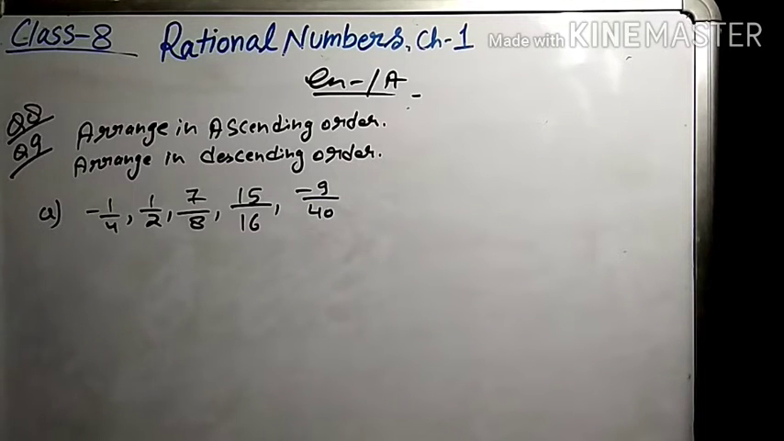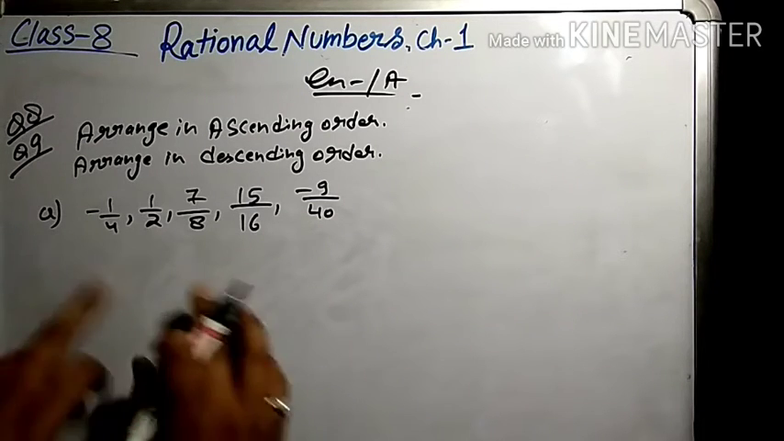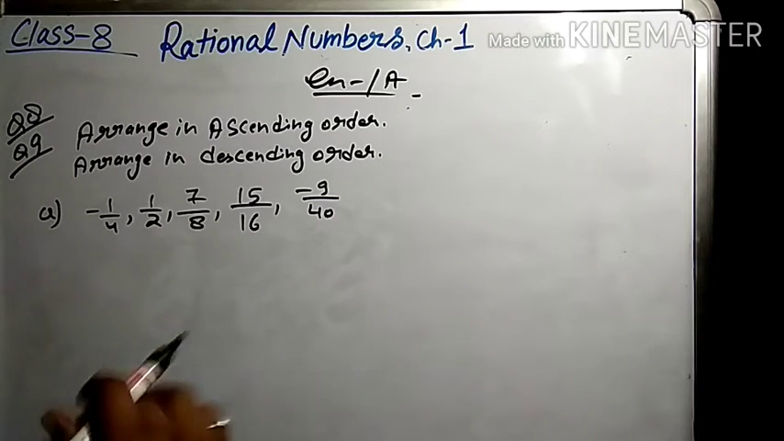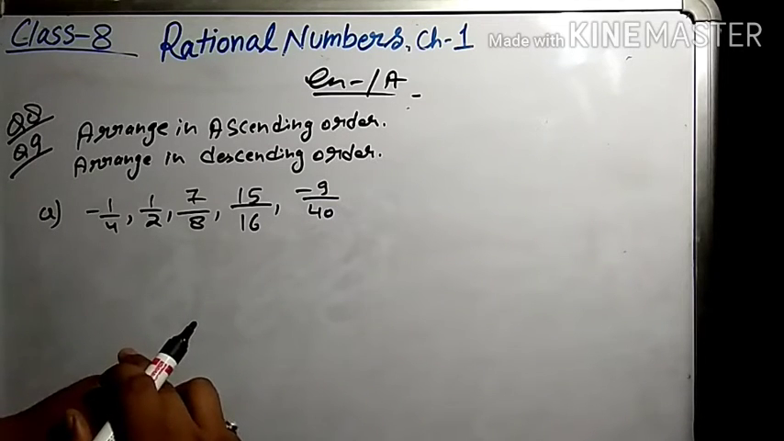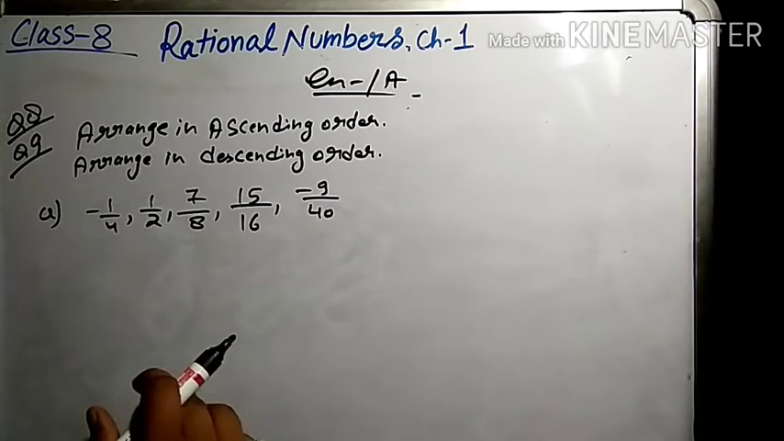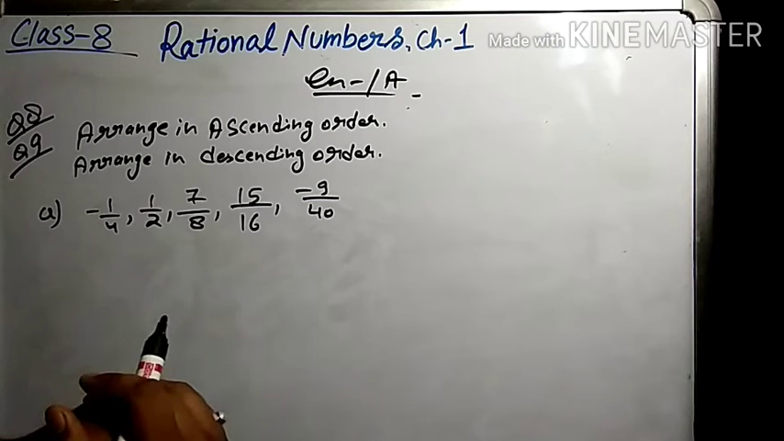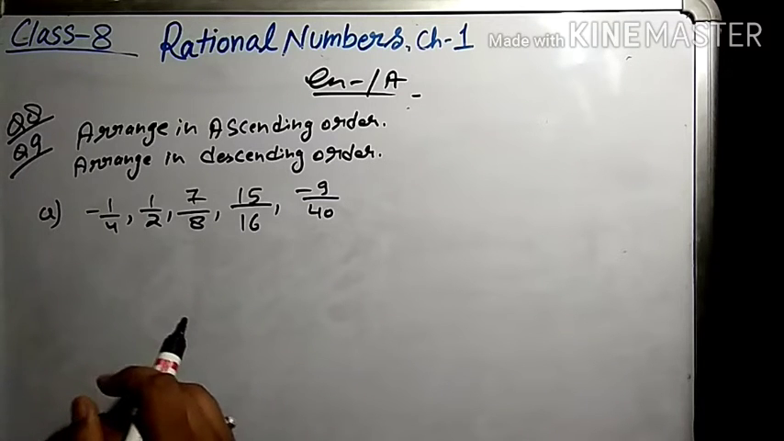Now, we have to arrange the given rational numbers. Here there are a total of 5 rational numbers given, which have to be arranged. Either it can be asked to arrange in ascending order, or in descending order. I'm just giving one example. We will arrange them according to the given question. So what we have to do,